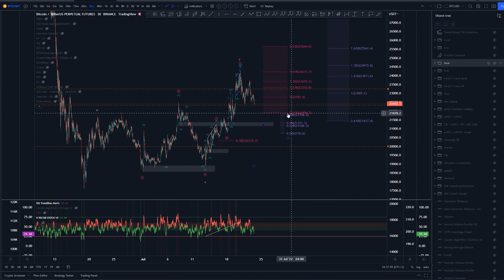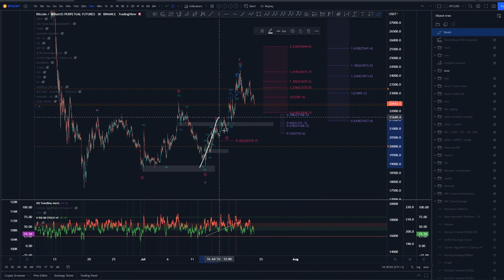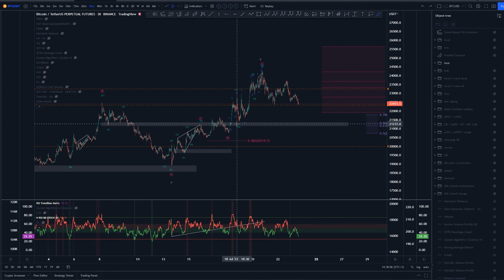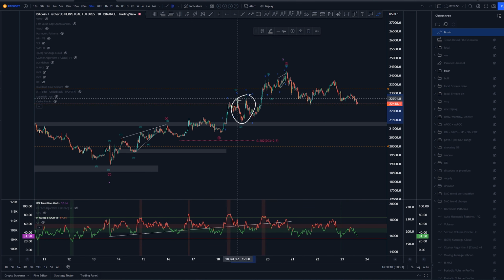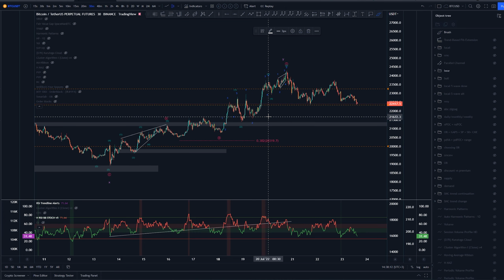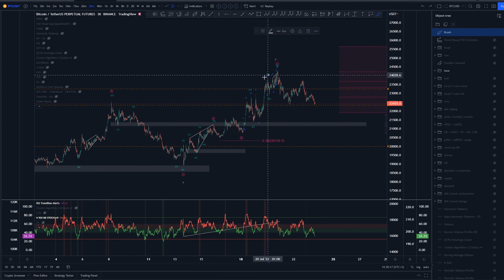I don't know why I had that pulled very weirdly. In any case, we have this as an A, B, and C coming up higher. This is one way to again label this as 1, 2, 1, 2, as mentioned on the bullish case. I labeled it a bit differently. Then we have again